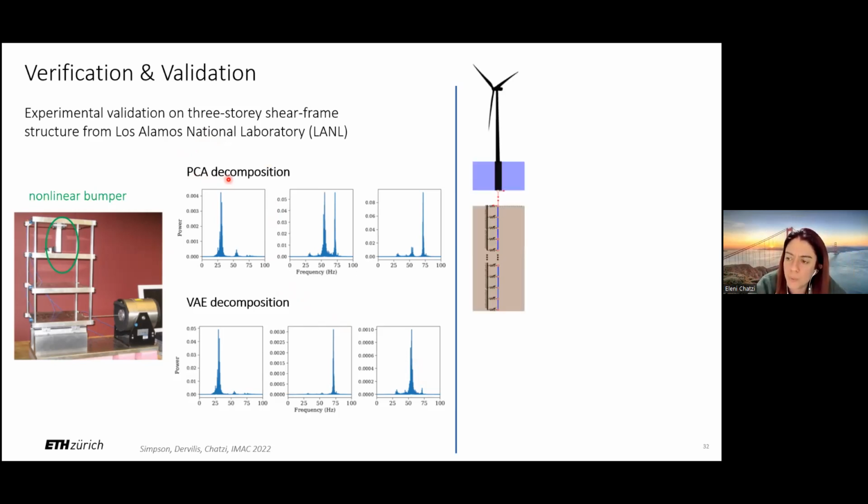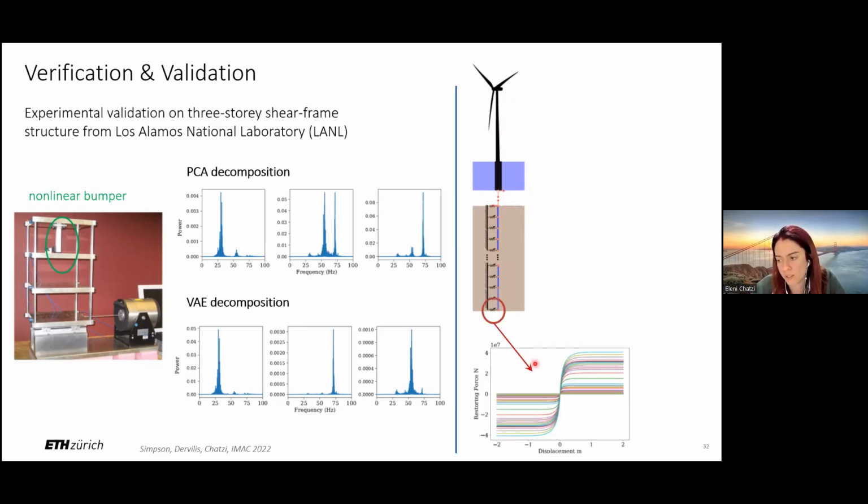We have demonstrated this through simple experiments, but more recently we have been collaborating with Siemens Gamesa for the problem that for us started it all, which was the nonlinear response of monopile systems. These wind turbines are usually fixed in soil through monopile foundation. The soil foundation connection is actually a nonlinear connection that can be described as these nonlinear curves. And it is imperative to try and develop something that is accurate enough to predict the response, but also